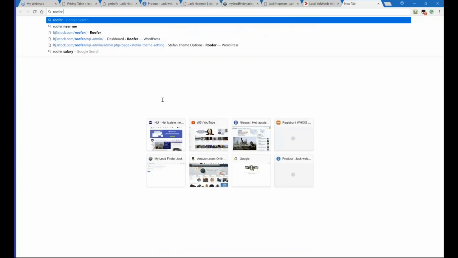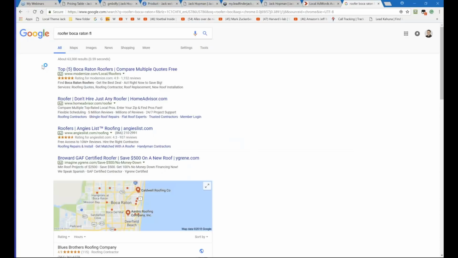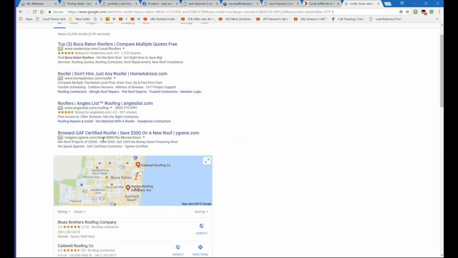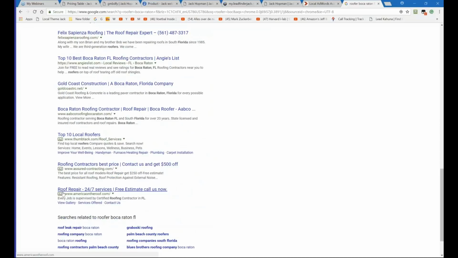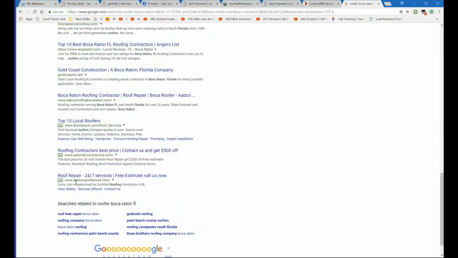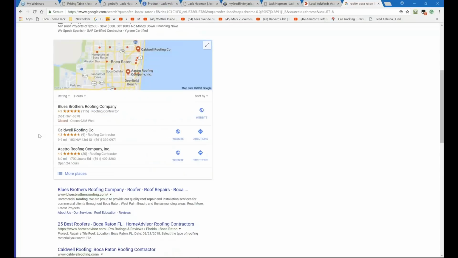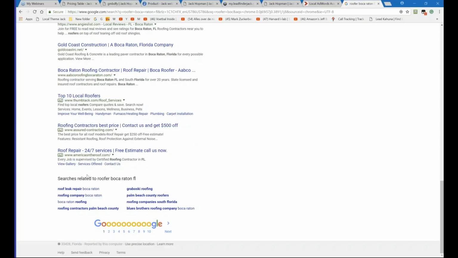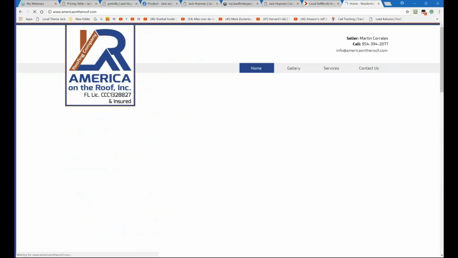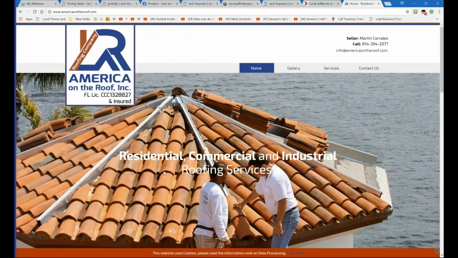Roofer Bogerton. You have the ad. So you have the keyword, and then you have the ad, and you click on the ad, and you have the website.